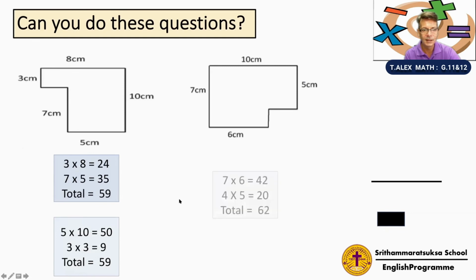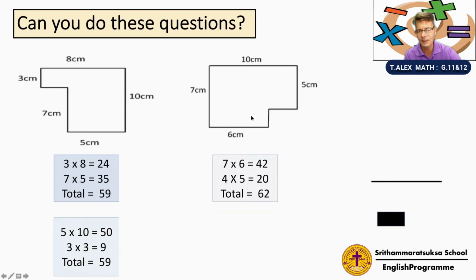This shape here, 7 times 6 gives you 42, and 4 times 5. I get the 4 by subtracting 6 from 10. So this length here is 4. The area is 62. And finally, I can work it out a different way by taking 7 centimeters times 10,